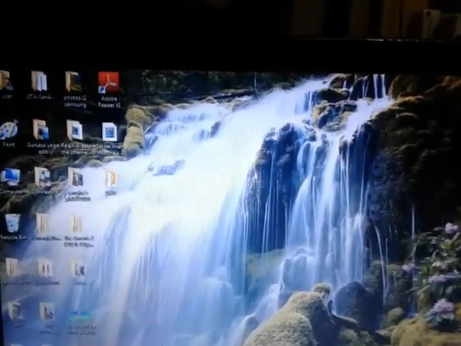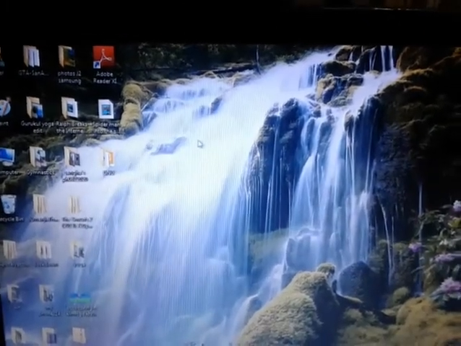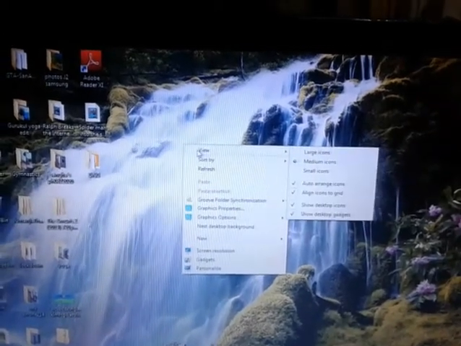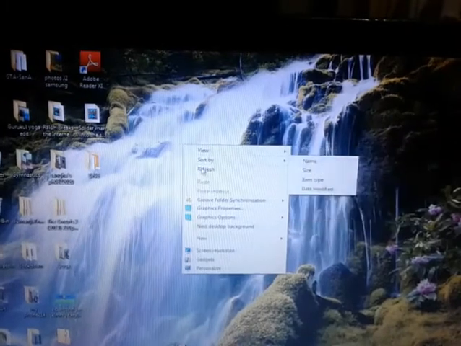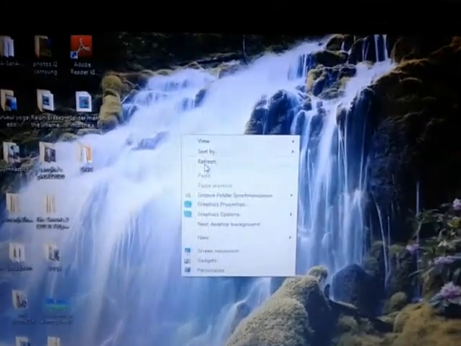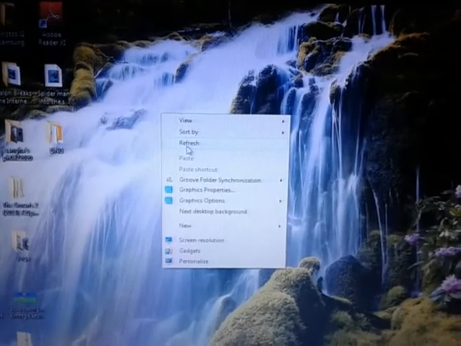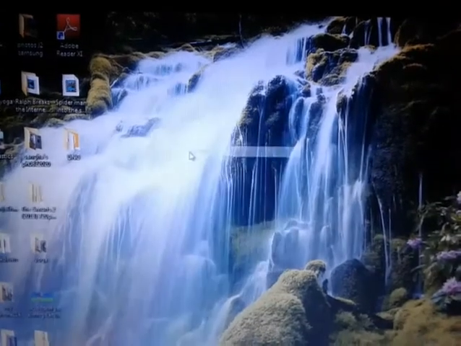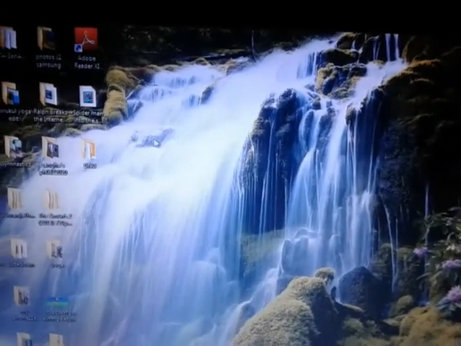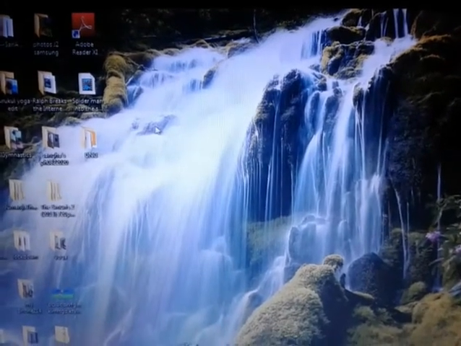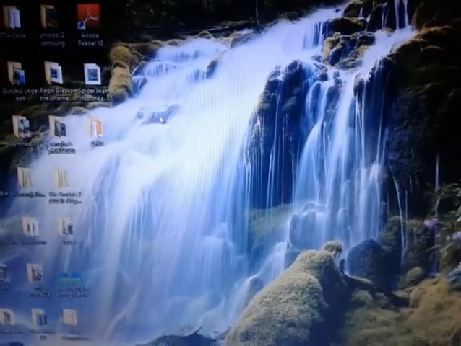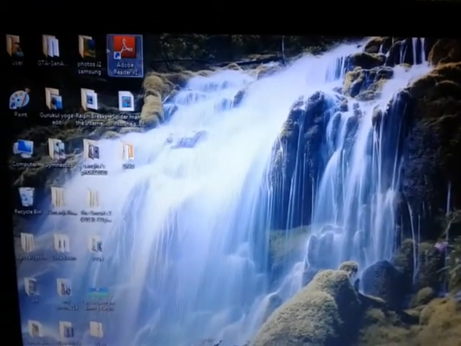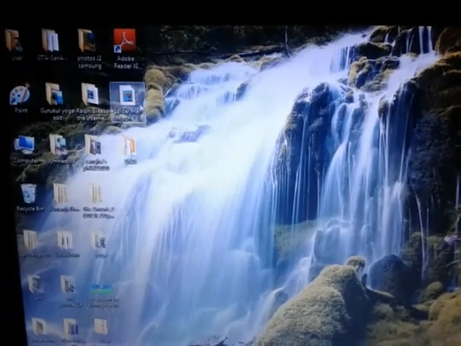First, the first thing you have to do after turning on the device is refresh it. How to refresh, that I will also show you. Right click on the mouse, then drag the pointer to refresh. You can see the third one is written refresh, and then left click, and the computer gets refreshed this way. The use of the right button and left button of the mouse, I will show you in some other video. In today's video I will show you how you can change the position of these icons.